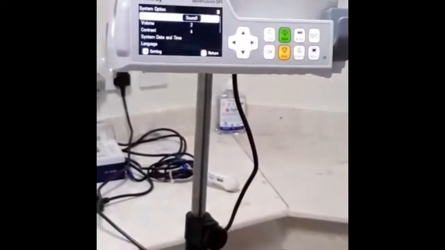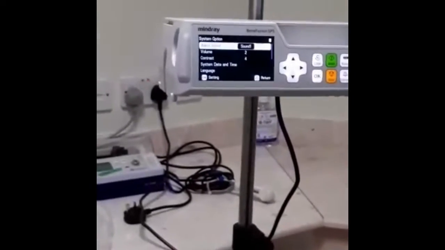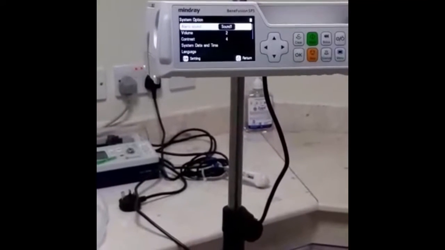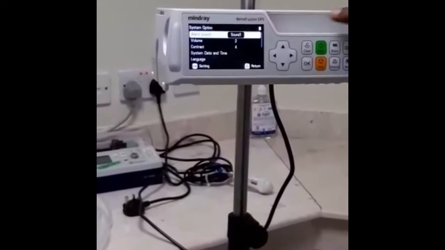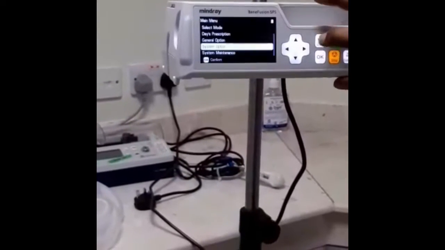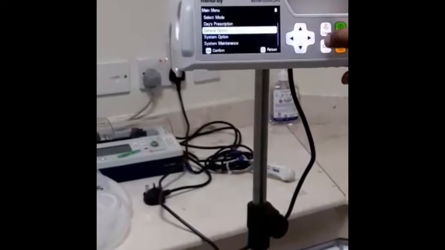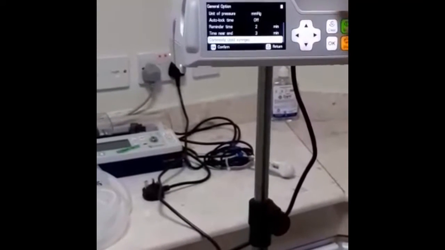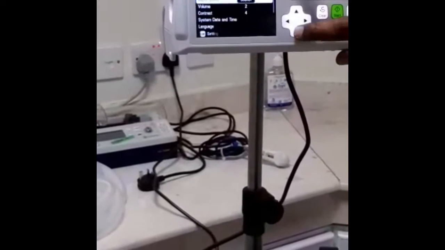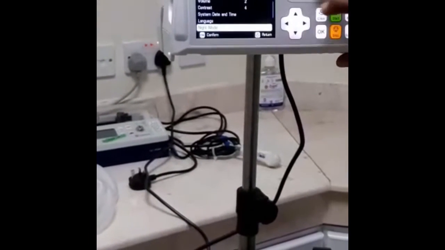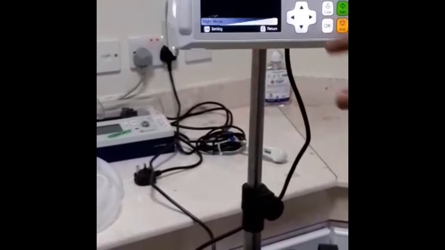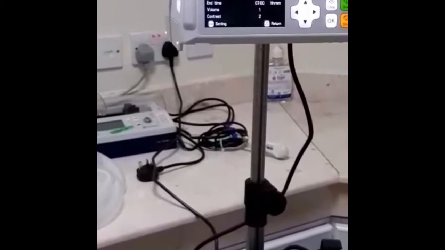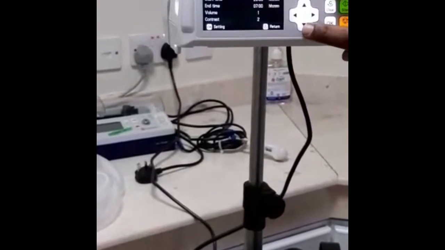And sound, like in the night, if the sound is there the patient cannot sleep. Then you have an option called night mode. You can go and change the alarm settings, everything. You can see night mode. Just press this and you can set your time, like from 8 o'clock in the night till the morning 6 o'clock, 7 o'clock. It is switched on now.